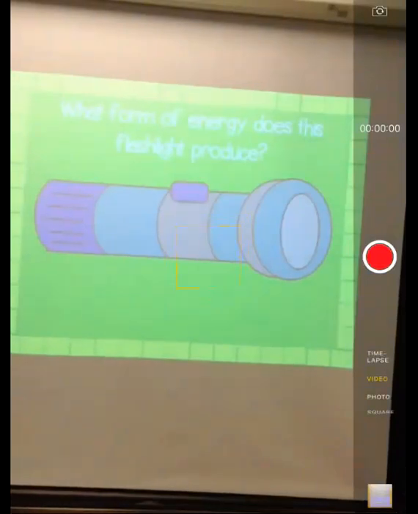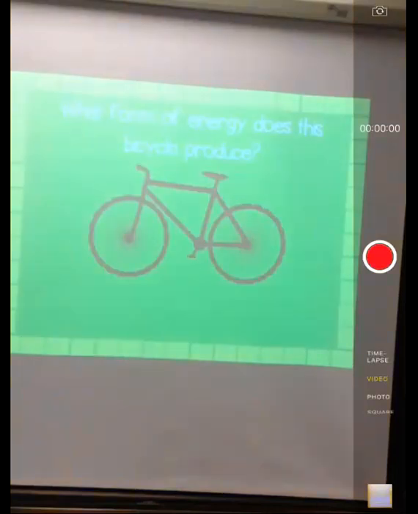What form of energy does this flashlight produce? So it uses electrical energy to produce what kind of energy, Sam? Mechanical. No, no. Bailey, light energy. And if you get your hand right up to it, depending on what kind of bulb, it might produce some heat energy as well. So technically it's thermal and light. Could be, depends on what kind of bulb. Answer is light.